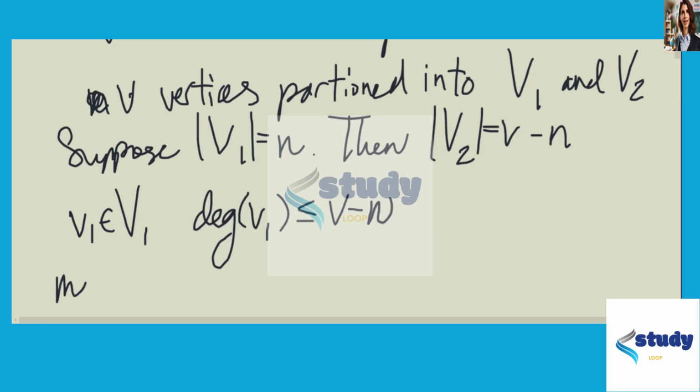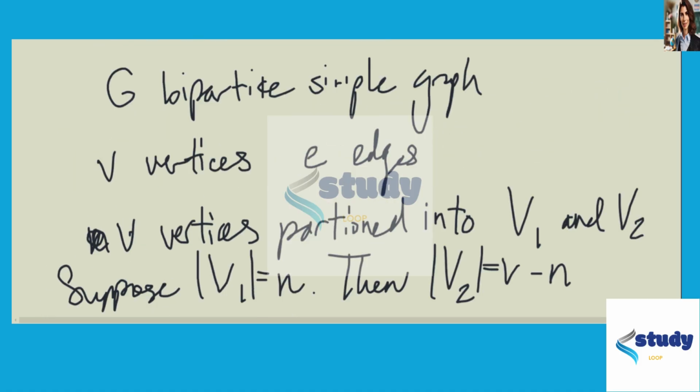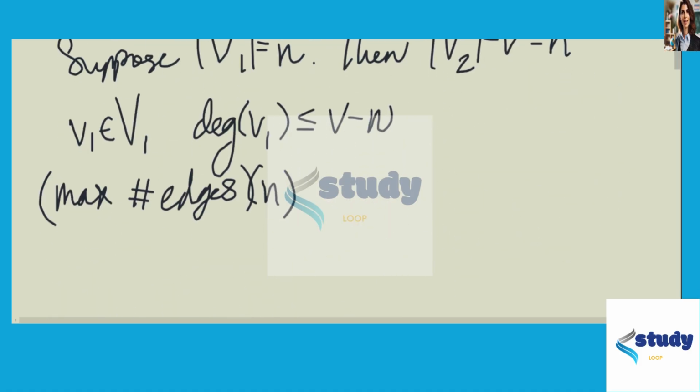so the max number of edges, and this is going to be a function that depends on that value n that we chose for the size of V1. This is going to be the n vertices in V1, times the maximum number of edges, which is going to be V minus n per vertex. So we get n times V minus n,